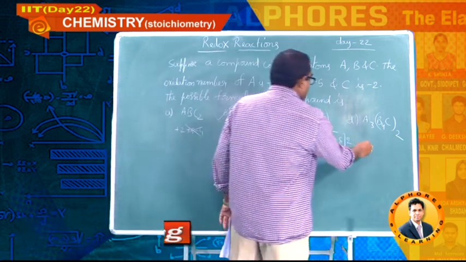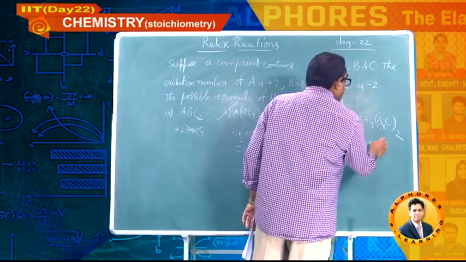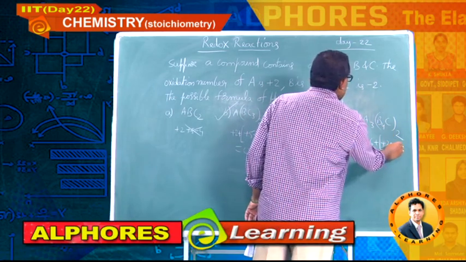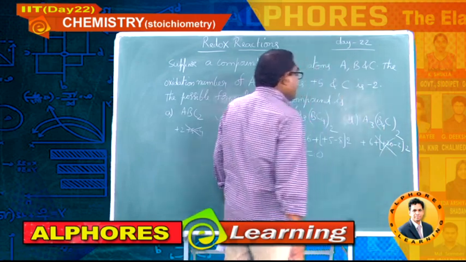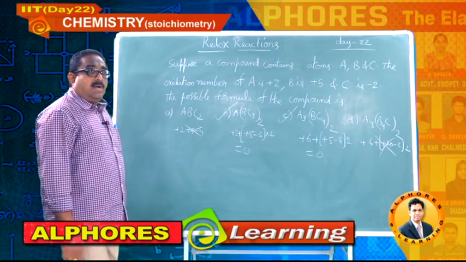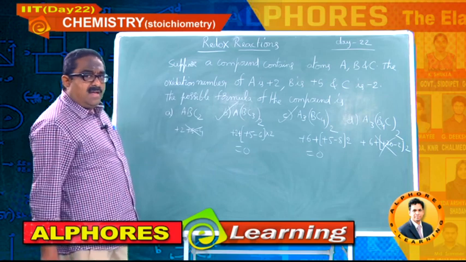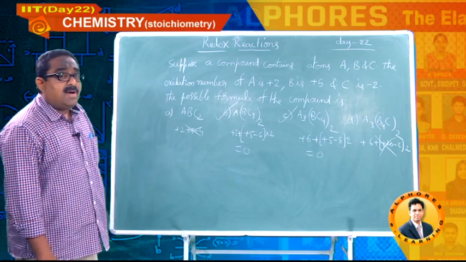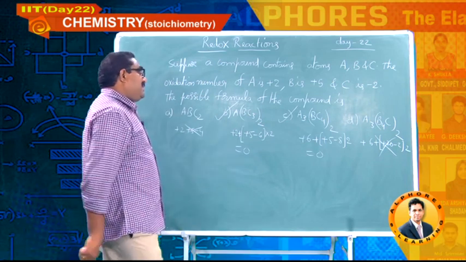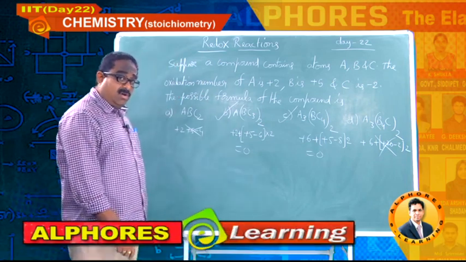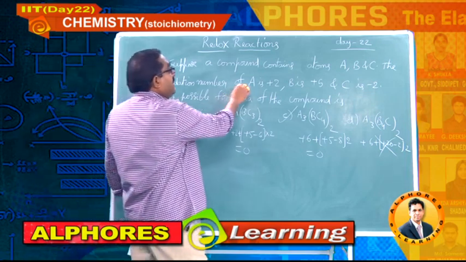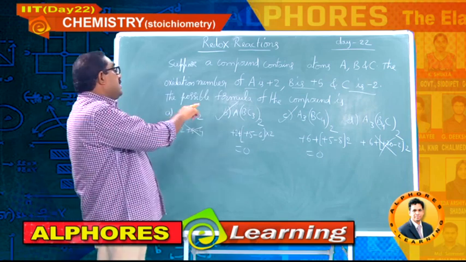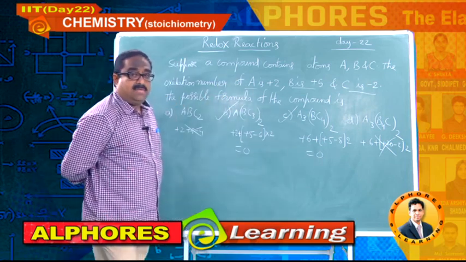Let me check the third one, plus 6 plus B4, oh, plus 20, only C minus 2 into 2 never becomes 0. So, that is not possible. So, the possible answers are both B and C, where you are getting the sum of the oxidation states of all the atoms present in those molecules as 0. That is why, based on the given oxidation states, these two formulae get satisfied. So, those two are the possible formulae of the compound.